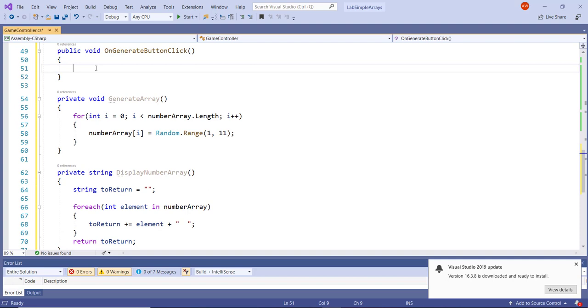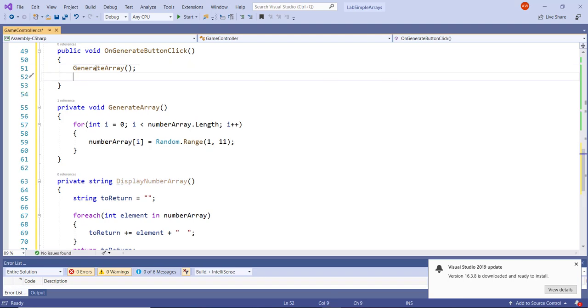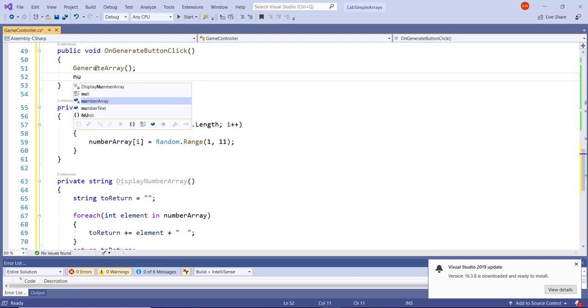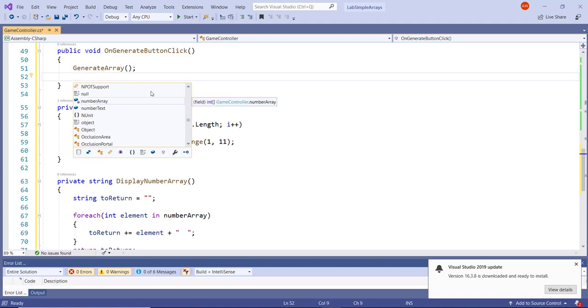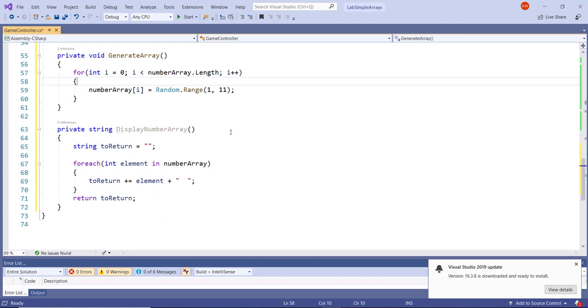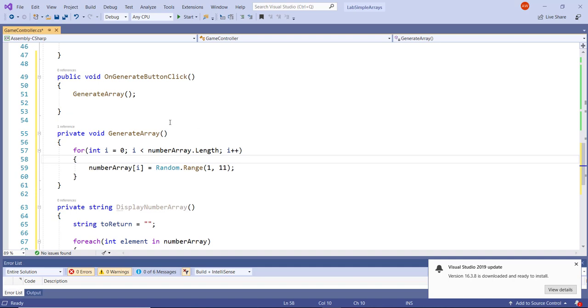Well, when I click on the generate button, I definitely want to generate the array. My generate array function does not return anything, so I can just call it like this. The next thing I want to do after I generate the array is actually display it in my number text. Before I move on to writing the code correctly, if I were to use a display number array right here,